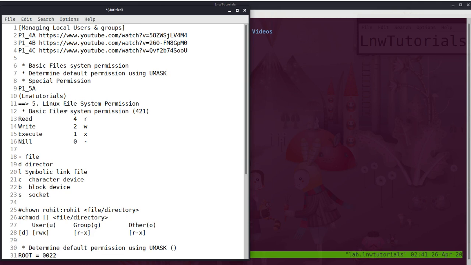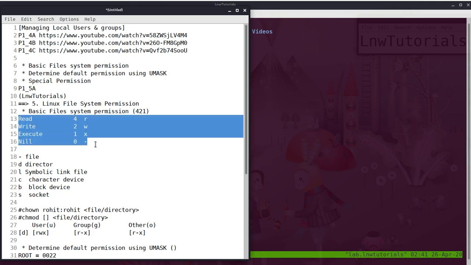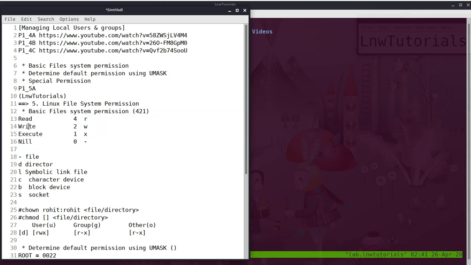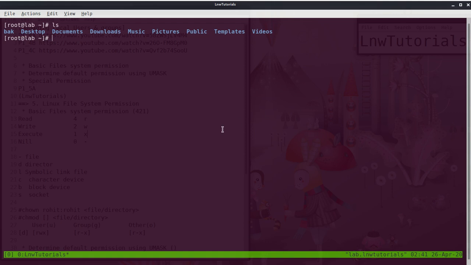So in this video I will first continue with permissions. As you already know, r is for the read permission, w for write, x for execute, and there is nil permission. Before continuing, I will start with a little basics: the umask. To show the umask, you just type the command umask. The default umask is 0022 for the root user, and for a non-root user it is 0002.